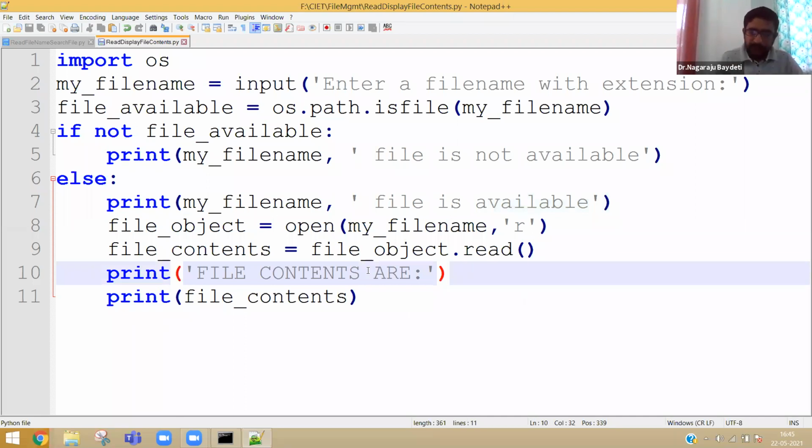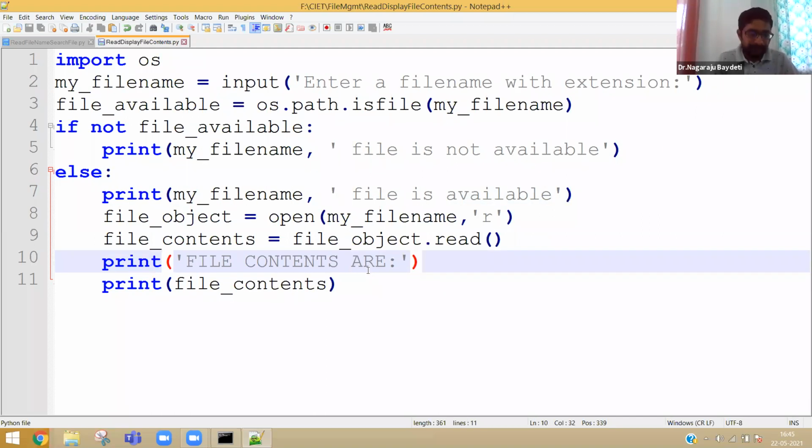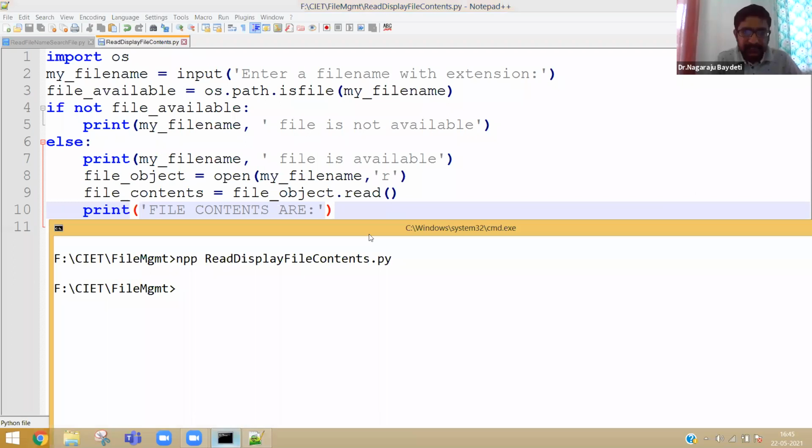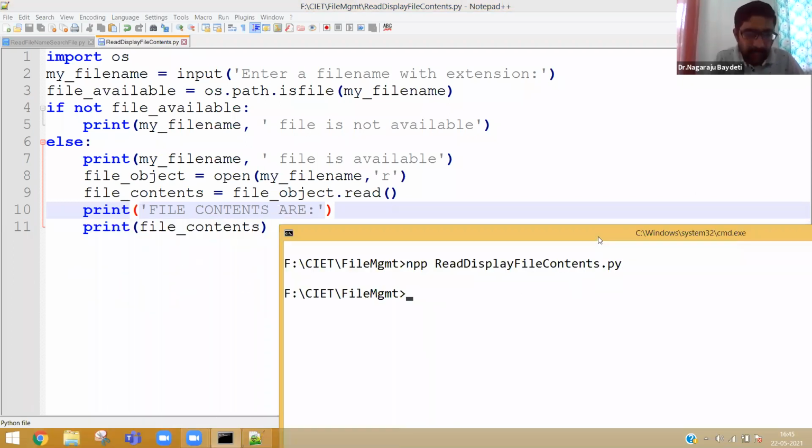I hope everybody understood the logic without any difficulty. Let me know in case you could not understand this particular program, where searching a file and reading a file, all the logic is merged into one program.